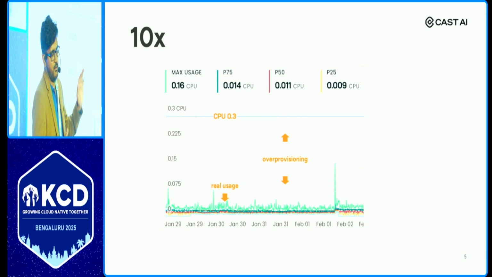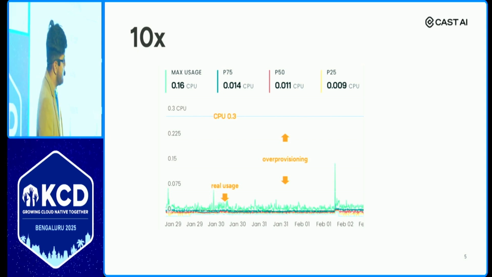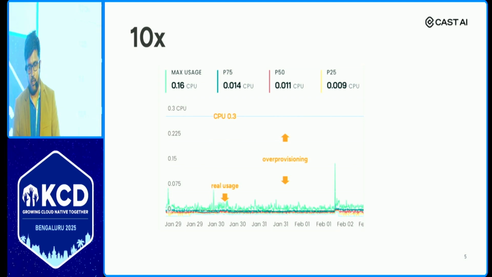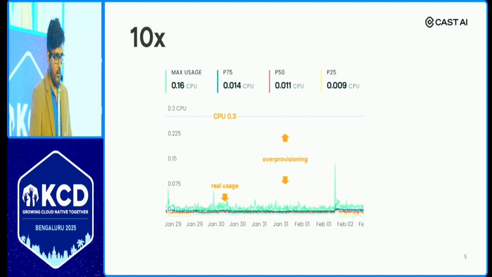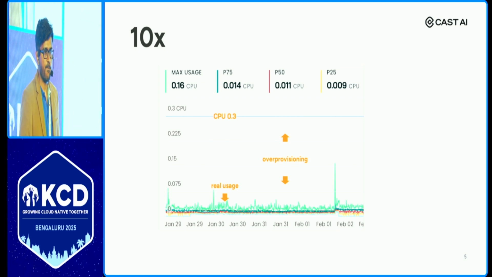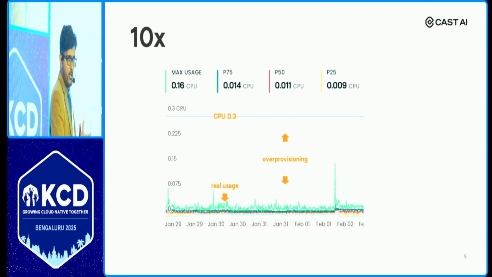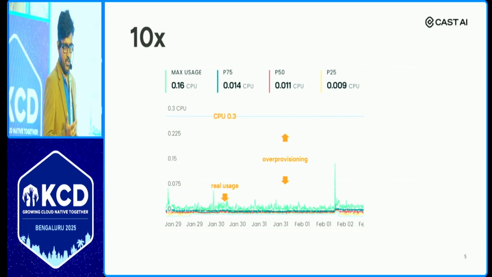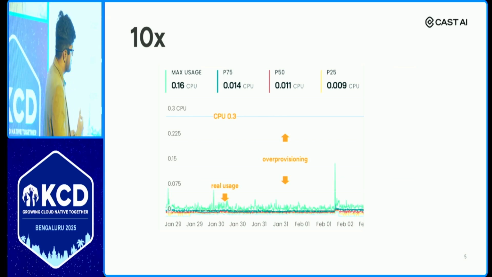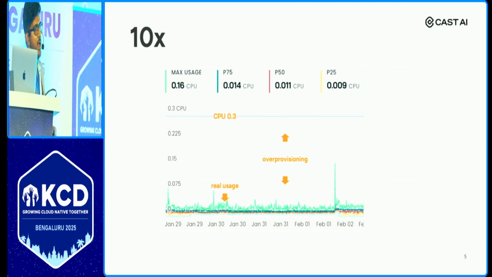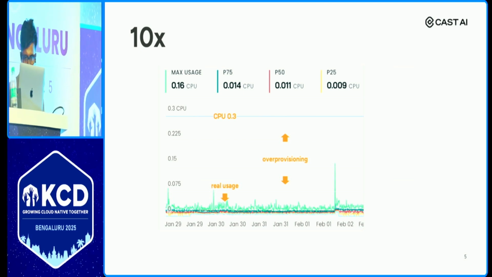Why? Because they just tested somewhere down the line, 2 years ago, that this is my CPU requirement. Sometimes it changes. Your CPU requirement was high when you started developing the application, but as you publish more and more code into the system, you turn out to be an average case where CPU and memory are balanced, or maybe memory is the bigger requirement, right? So over a period of time, you need to keep checking what your actual requirement is. So this was the real case.